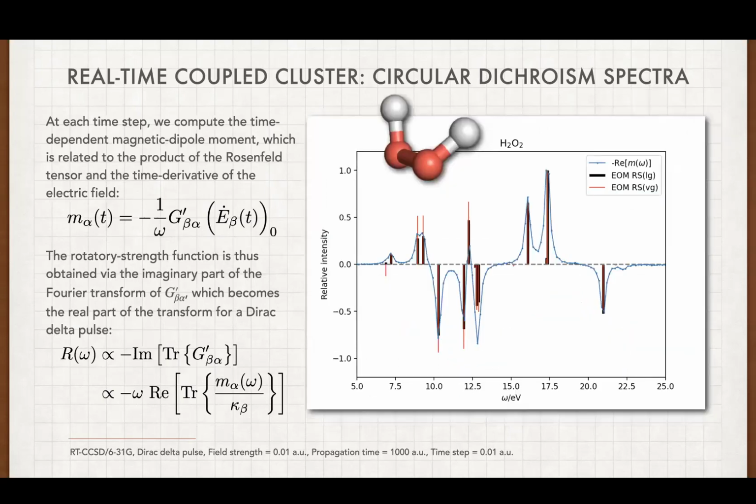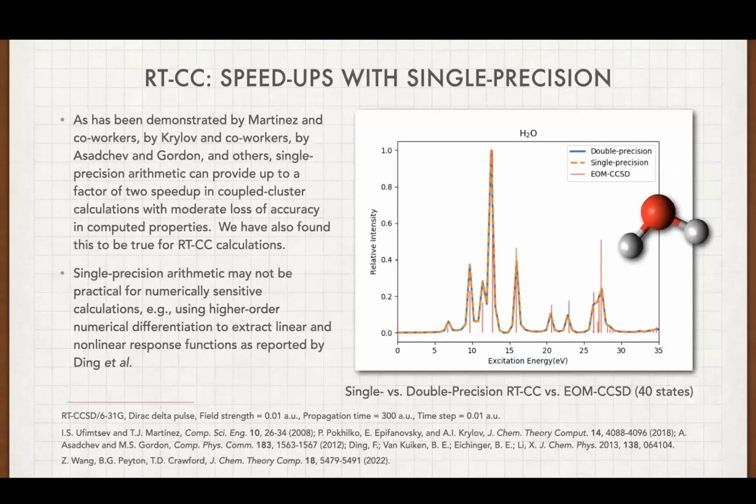What you also see is that some of the transitions can be very difficult to get the rotatory strengths to match with the converged results in the end, but you can do it. So we examined several different techniques for trying to speed up these calculations. For example, we wanted to see what would happen if we did this with just single precision arithmetic. There have been quite a few folks in the field who've examined coupled cluster in particular, using single precision arithmetic to see if you really need double precision, which is standard for all of us in our computer codes. And for a lot of other properties, you don't need it. This is one of them.